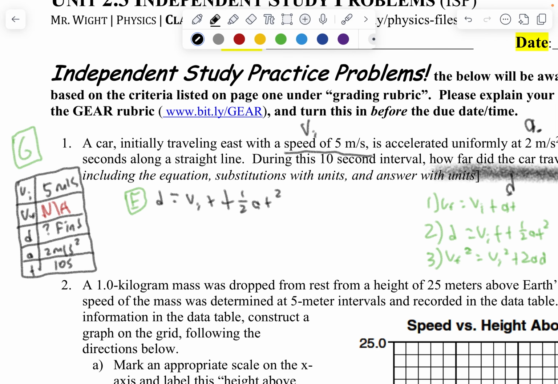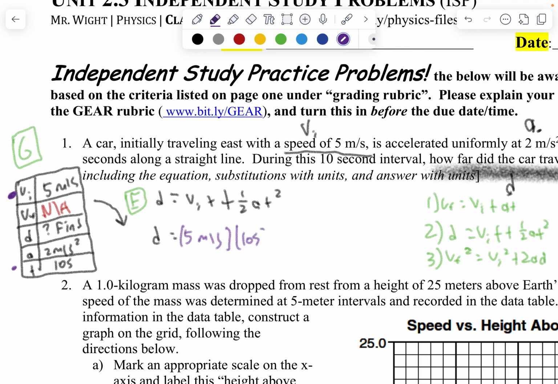Okay, so now it's really just plugging in the values, right? So let's plug in these values into our solve. So let's solve. Displacement equals, well, what's initial velocity? We have right here, initial velocity is 5 meters per second. So 5 meters per second